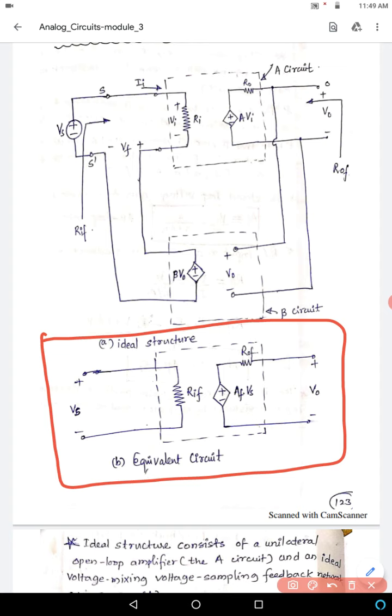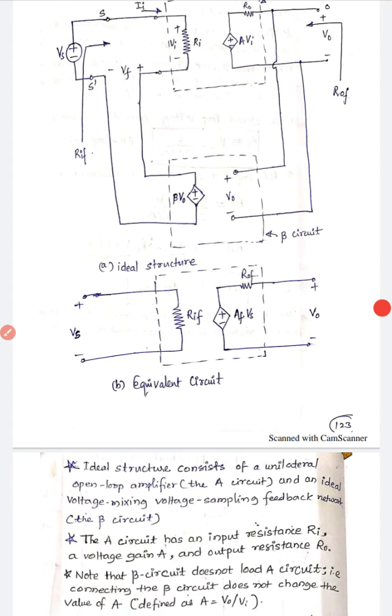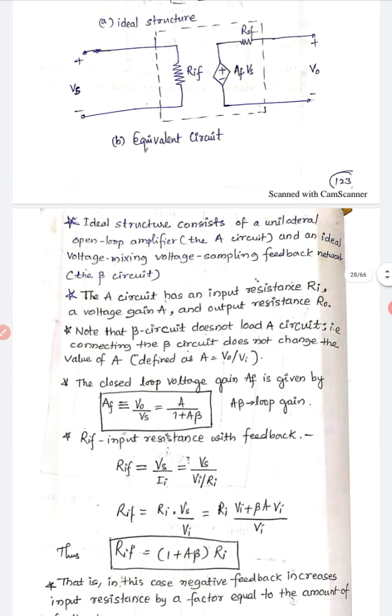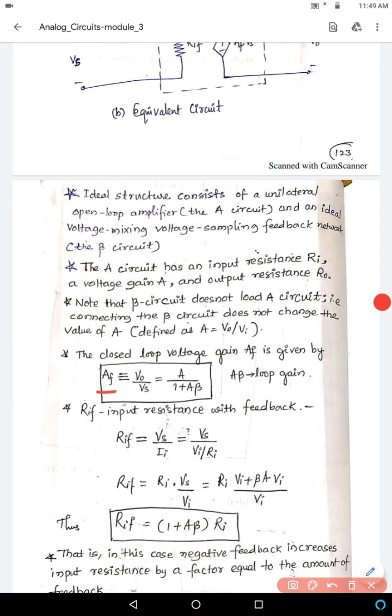the remaining amplifier types. Again, initially it will have the open loop gain, and here it will have the closed loop gain. Derivations will be there: the gain with feedback AF will be equal to the output voltage over the input voltage. Here the input voltage means not only VI, we have to consider the source voltage, that's why VS will be there. By substituting the parameters, we obtain A divided by 1 plus A beta. A beta is called the loop gain.